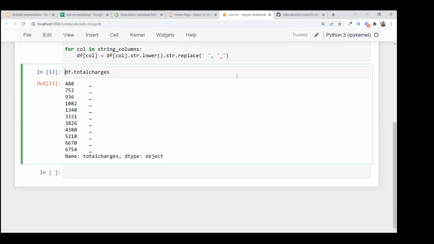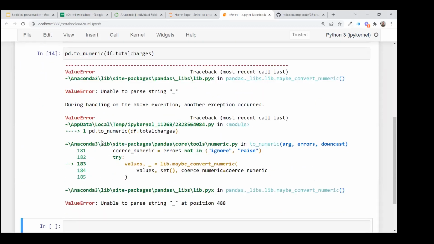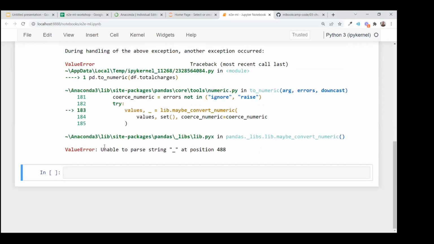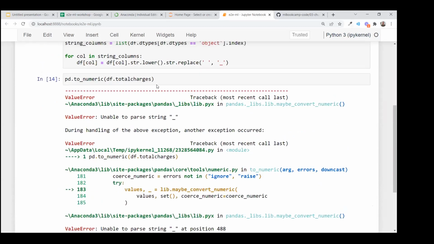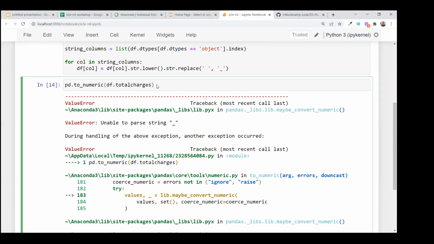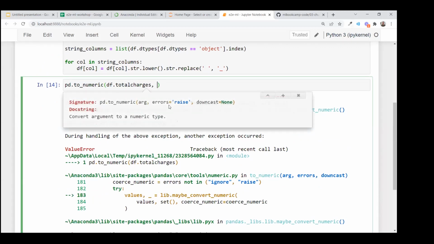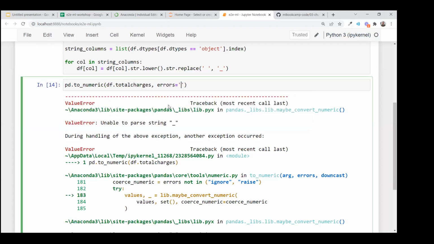To force pandas to convert this to a number, we need to use this to_numeric function from pandas. This is how we execute it, but now it will complain that it is unable to parse this underscore because this is not a number. It doesn't know what to do with it, so it throws an error. In this case, we can say, you know what, I know that there are errors, let's just ignore them. For that, we need to set errors to coerce.